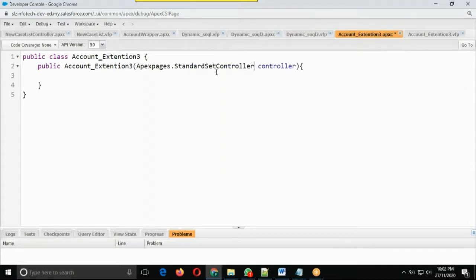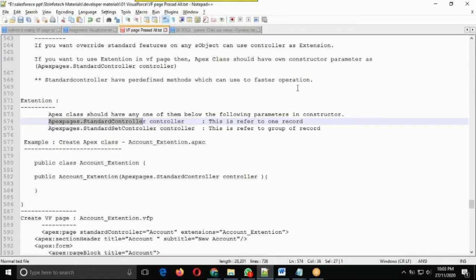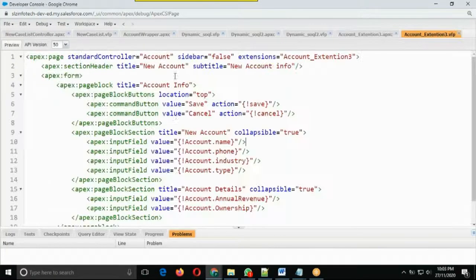Otherwise, for one record, use the standard controller. For time being, we use one record, not a set of records. Only these things you have to remember. The constructor has the parameter ApexPages.StandardController. In the Apex class, the remaining attributes are the same as we regularly practice.